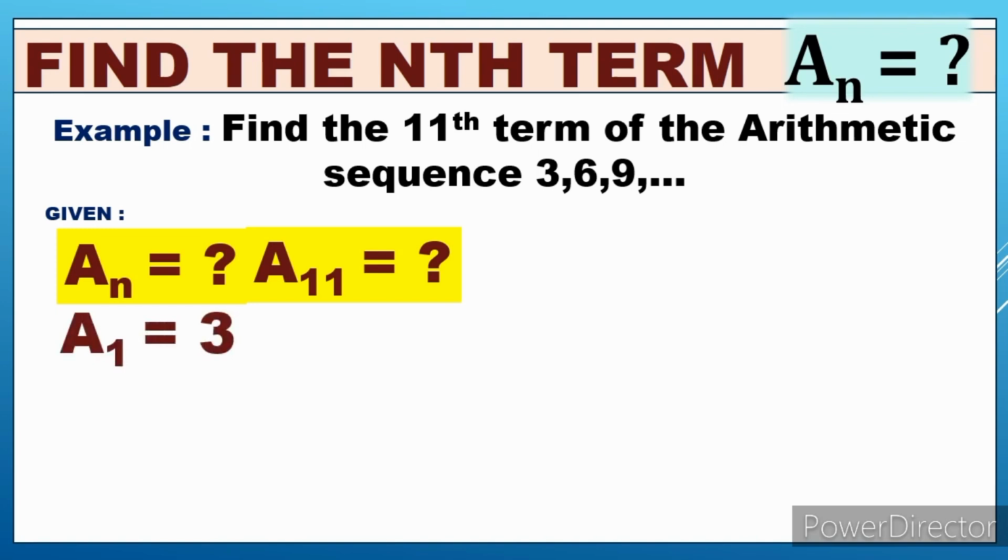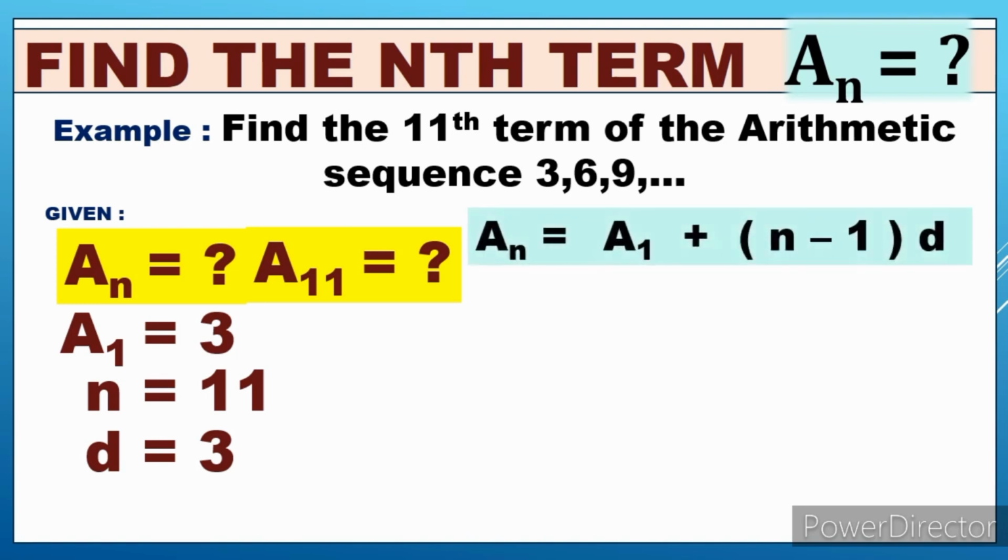So our a sub 1 or the first term is 3 and the number of terms is 11, which is the 11th term. Okay, and d is 3, which is the common difference. And then we're going to substitute the values in the formula. A sub n will be a sub 11, then it is equal to a sub 1, which is 3, plus the value of n, 11 minus 1,